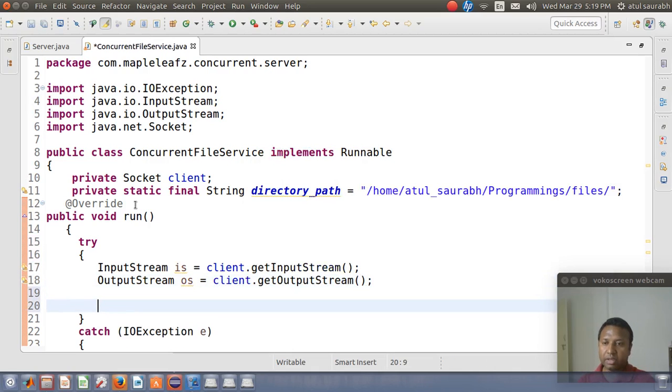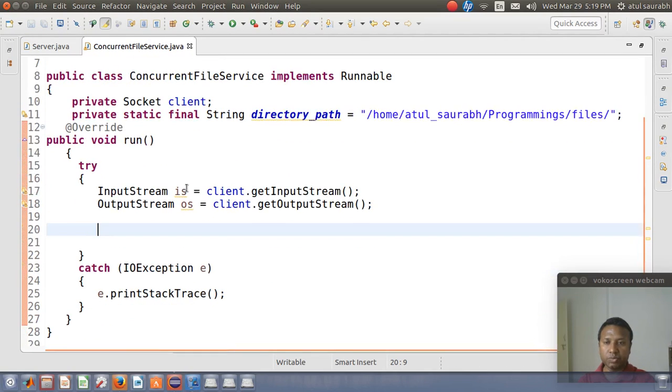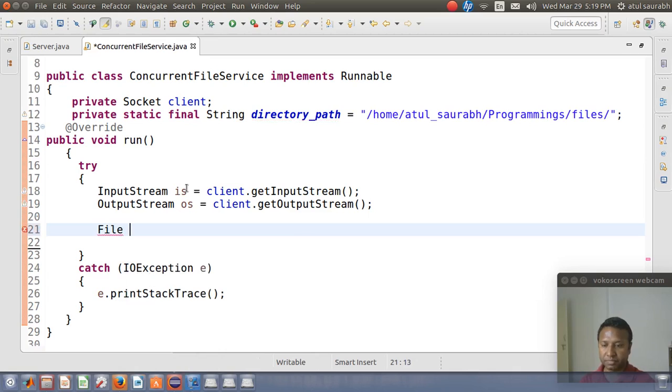Since we need to send the content of the file, we require an object of the file.